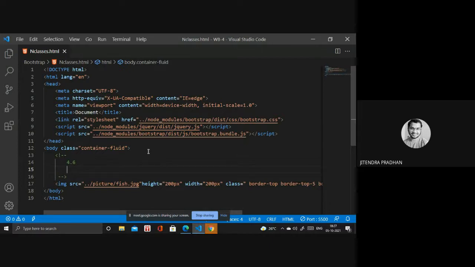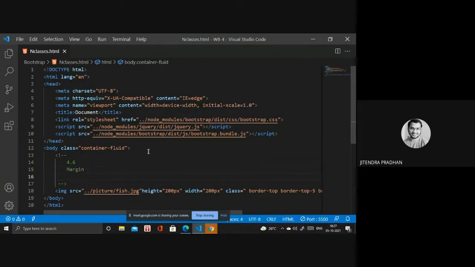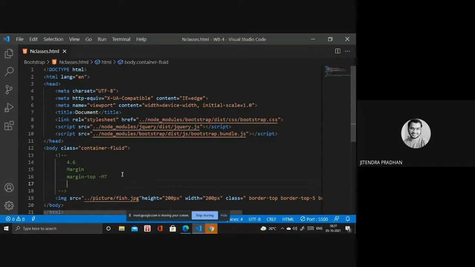So in the previous version, for margin top we use MT, and it's not capital. I will write it in capital, but you have to write in small.